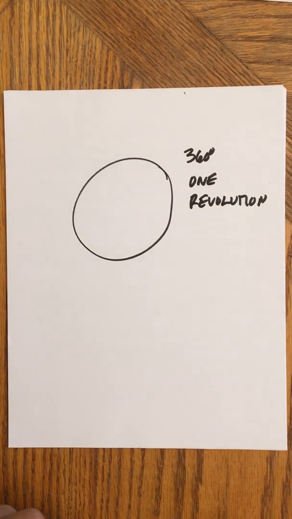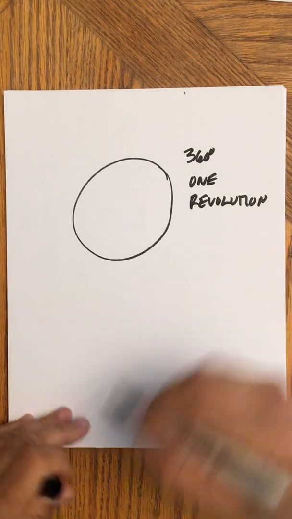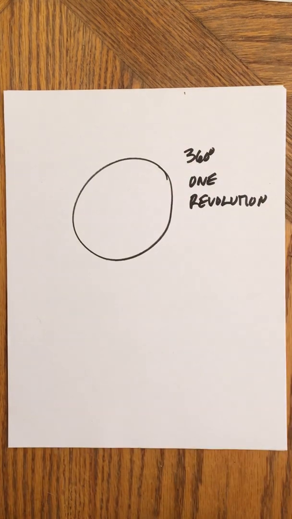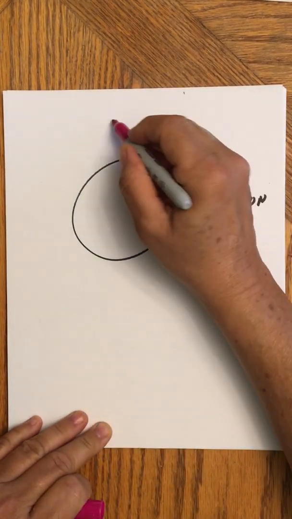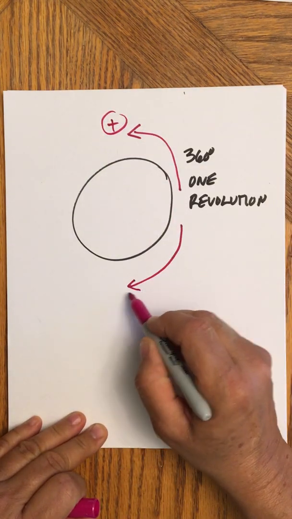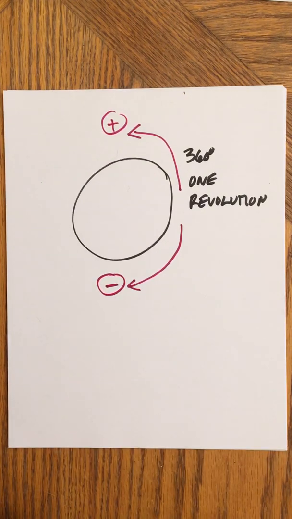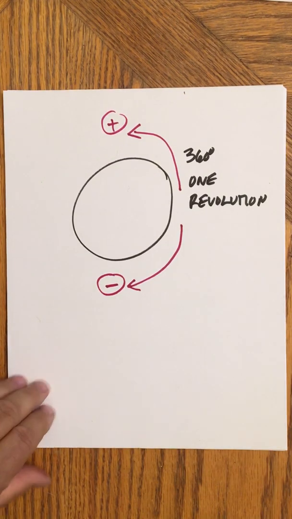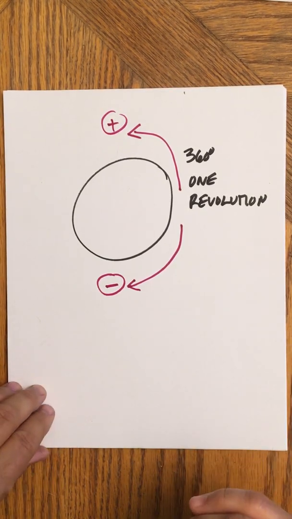Now, what we have standardized is that going counterclockwise or to the left is positive rotation, and going clockwise or going to the right is negative rotation. Okay? Now, a lot of times, well, almost always, we superimpose